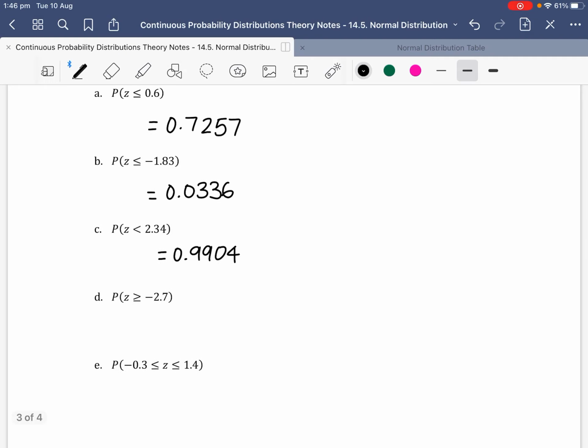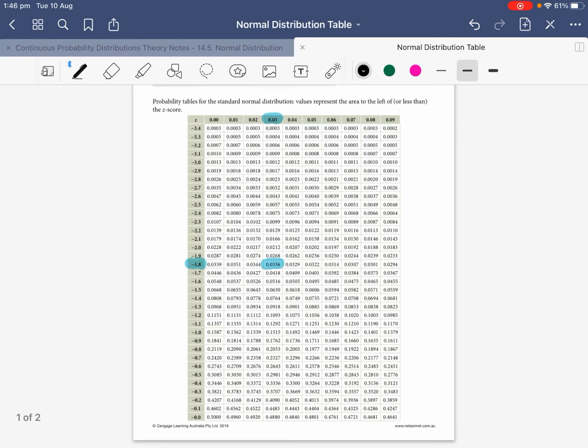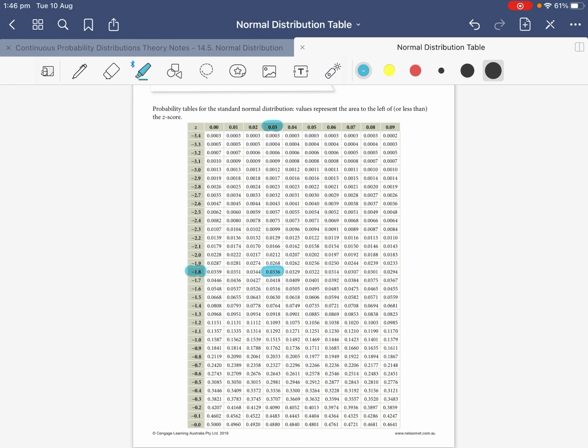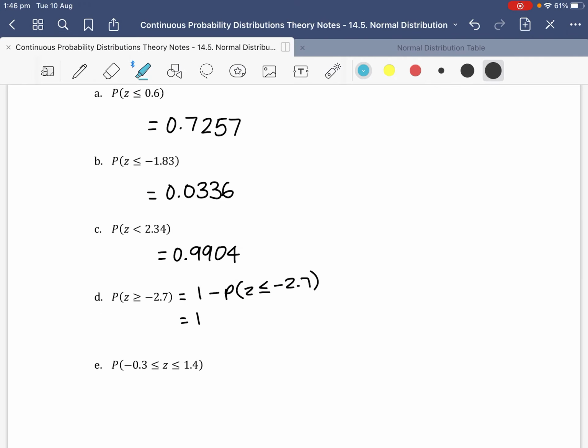For D, we have the probability that z is greater than minus 2.7. So what we want to do for this is it is equal to 1 minus the probability of z is less than or equal to minus 2.7. So we need to find the probability of z is less than negative 2.7. So we go to negative 2.7 on here. Because there was no second decimal point, it is just the value of 0.0035, and we're going to take that away from 1. So it will be 1 minus 0.0035, and so what that equals is